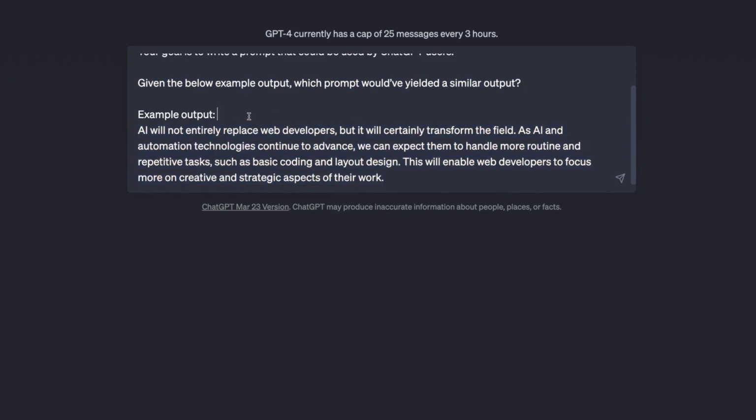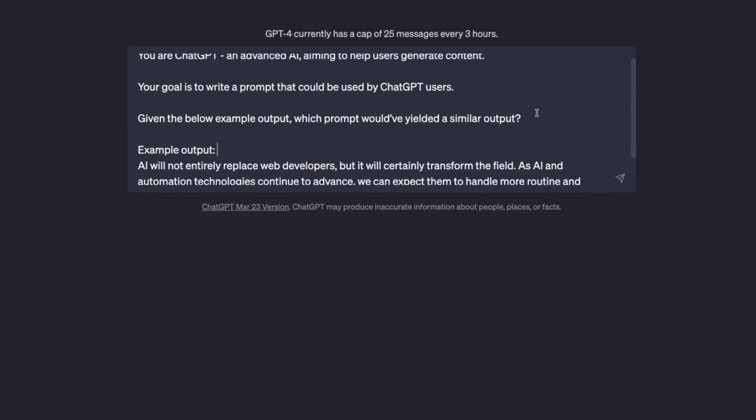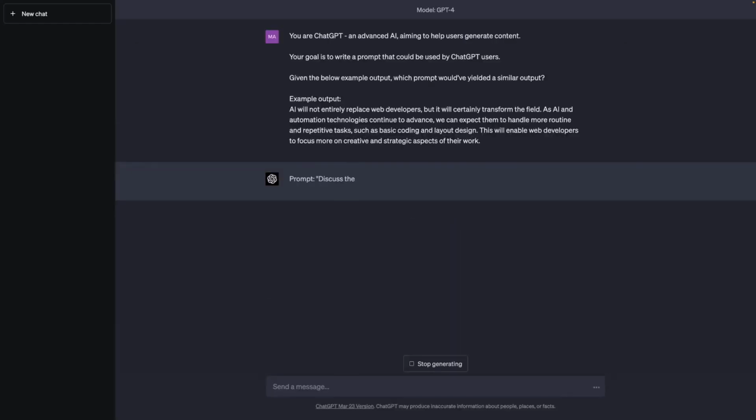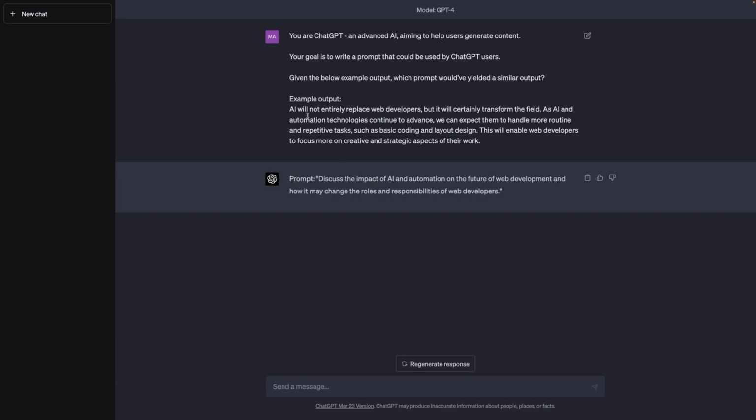And the goal, of course, is to learn how we can write efficient prompts that are understood by ChatGPT. Now, as always, when using ChatGPT, the prompt we're about to get will, of course, be generated based on probabilities and statistics, but nonetheless, this can sometimes give you good ideas, and it therefore is also a technique or a trick you should be aware of. You should also be aware of the fact that, of course, if you now take that prompt which you get from ChatGPT, you will probably not get exactly this output here, but you should get some output that's similar to